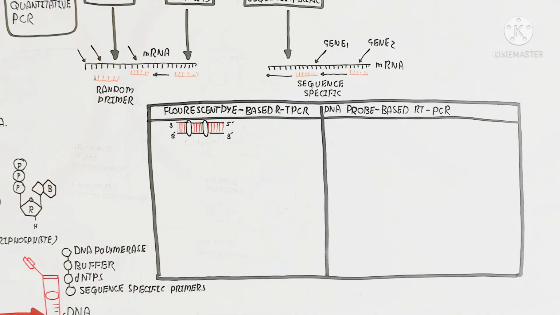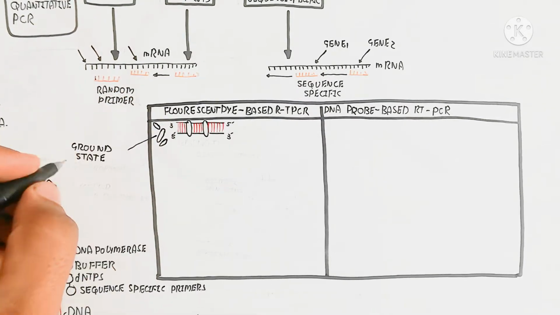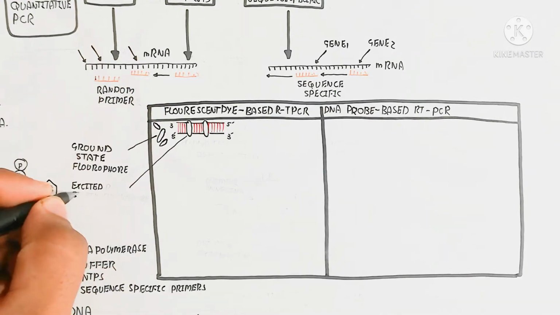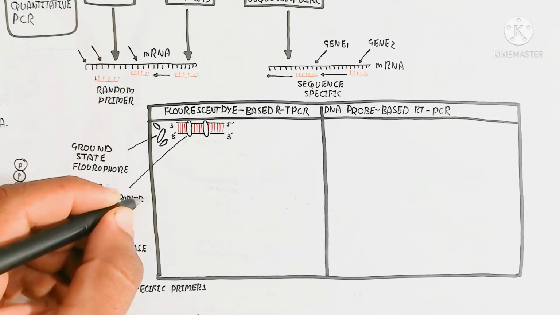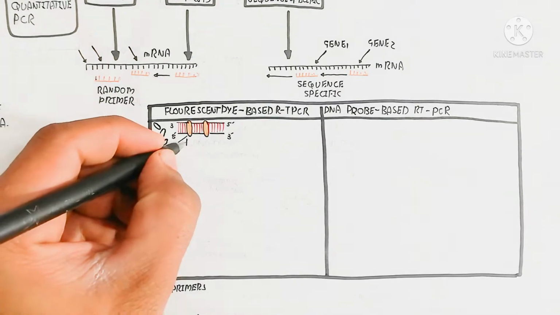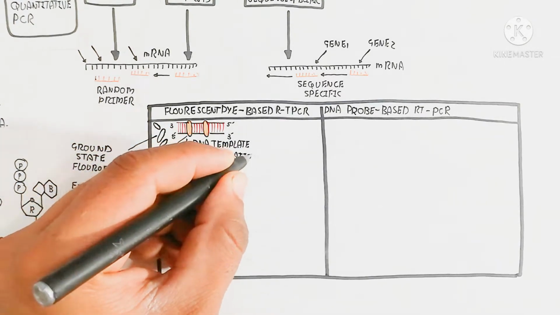Here is the double-stranded template DNA, and denaturation will occur. After the denaturation, we add a ground state fluorophore. This ground state fluorophore will bind with the DNA, so the excited state fluorophore will occur and